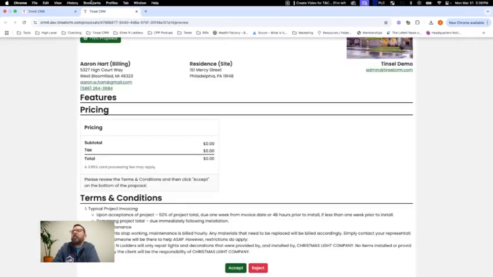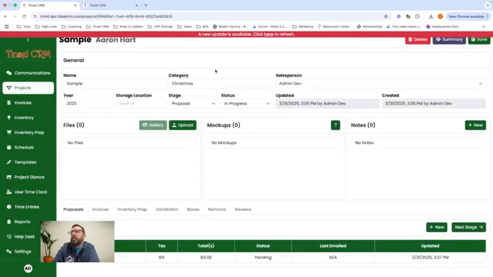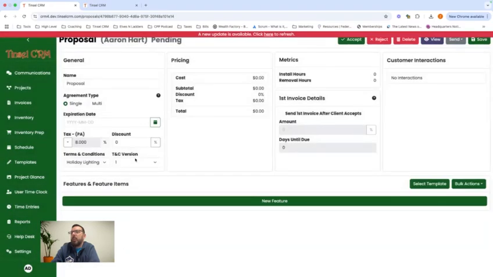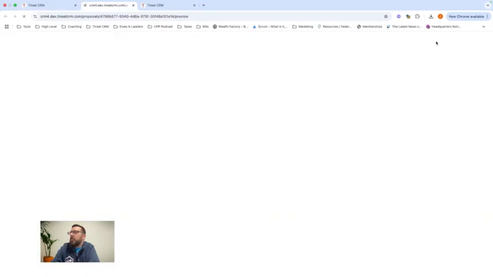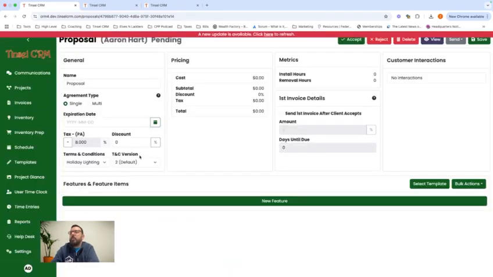Okay, so now if I go back to this project here, let's go ahead to projects and that sample project we created. I don't want to use version 1 now. I want to use version 2 because that's the one that has the correct 25% deposit, for example. Okay, super simple to do that. Now, if we go back to our settings,